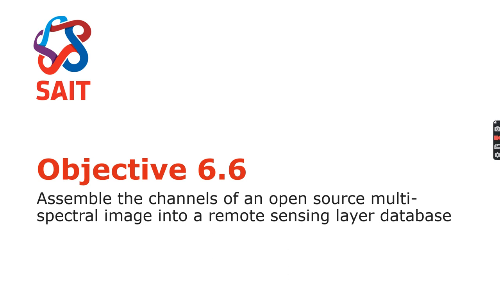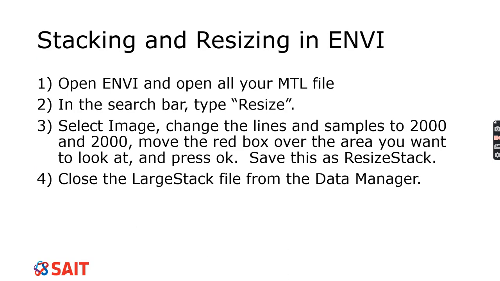So moving on to objective 6.7, it says to assemble the channels of an open source multispectral image in a remote sensing layered database. So these days it's actually really quite easy to do in ENVI. They've changed it so that it's super simple. You just need to open up your MTL file. So when you go to ENVI, you go to open, and then you find an mtl.txt file. So there's going to be a whole bunch of numbers before, and then it's going to say underscore mtl and .txt. That is what you're going to open, and they'll all open up, and it'll all open up stacked for